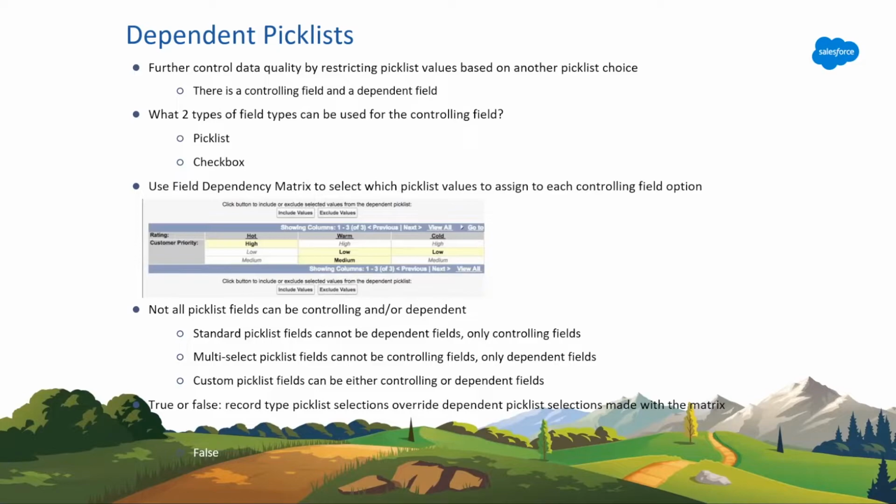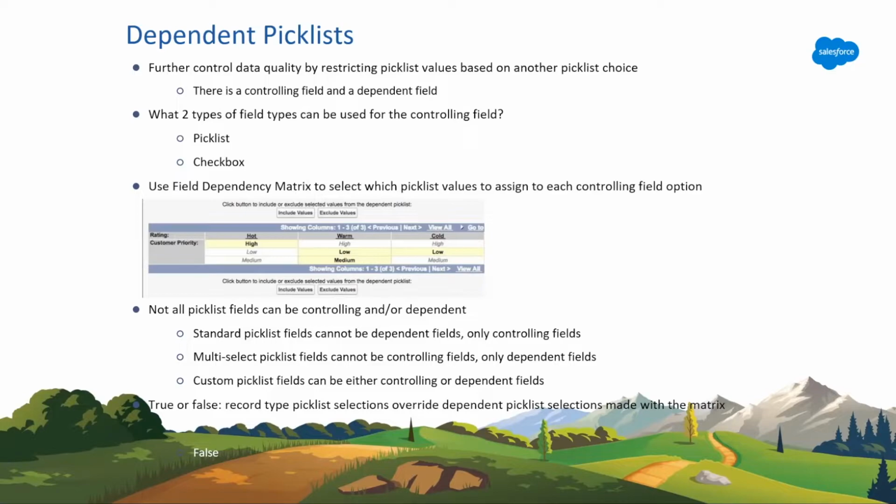I'm sorry, I know that's kind of a weird way to word it maybe, but the record type pick list, when you're selecting it there, you can control which ones are ultimately allowed. But if that's actually narrowed down in that dependency matrix, you're only going to see in that dependent pick list for that record type which ones were selected in that matrix. Does that make sense? I know it's kind of wordy.